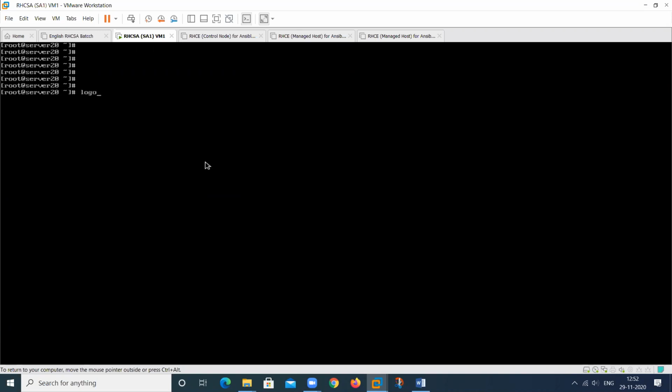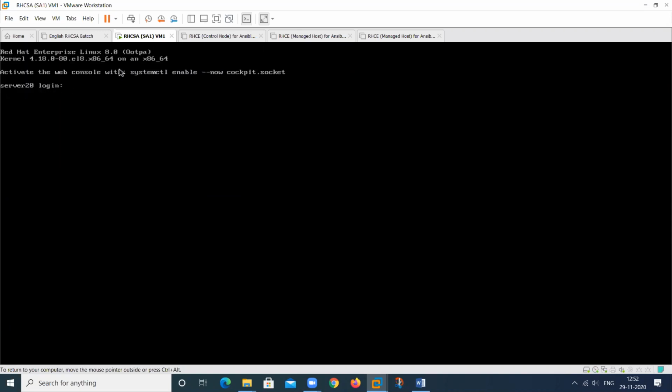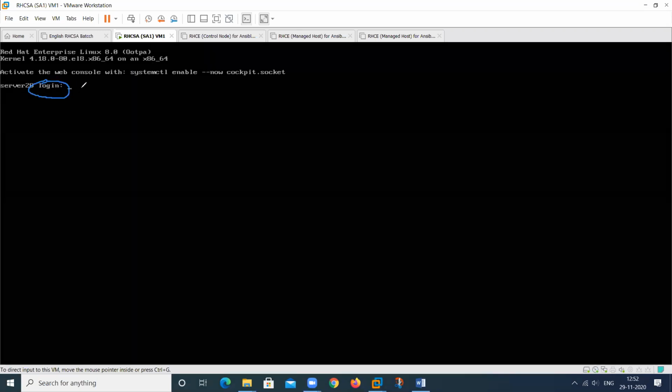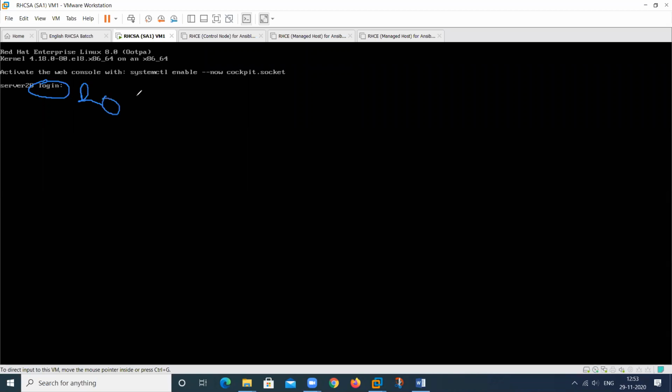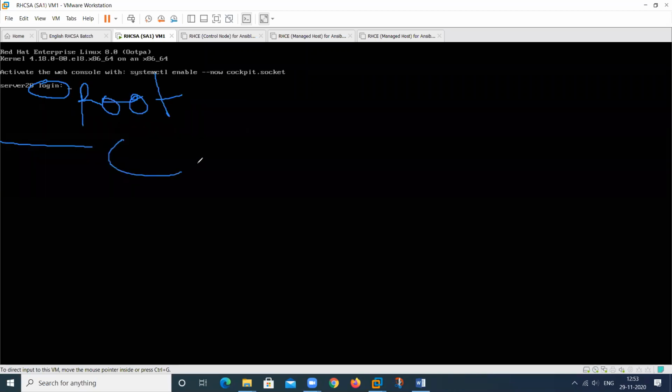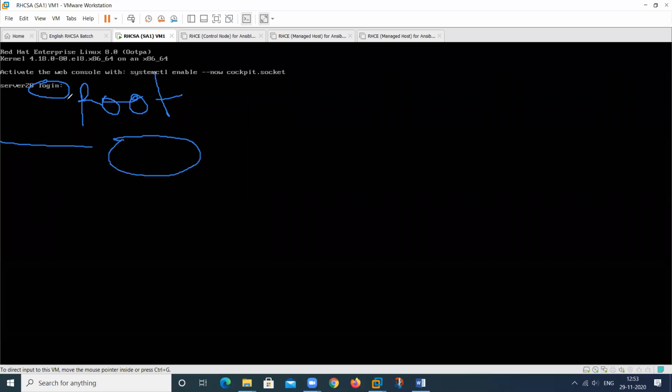We are logged out here. By default, it appears just like that. So provide the login name here. By default, we can use root also, and provide the password here. Then you can log in to the CUI mode. This is your CUI, command line user interface.